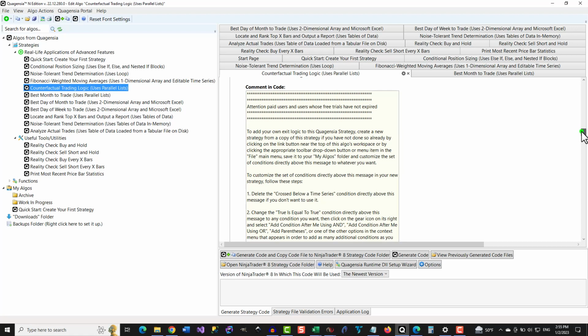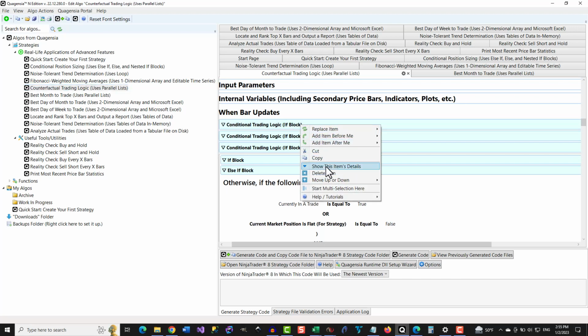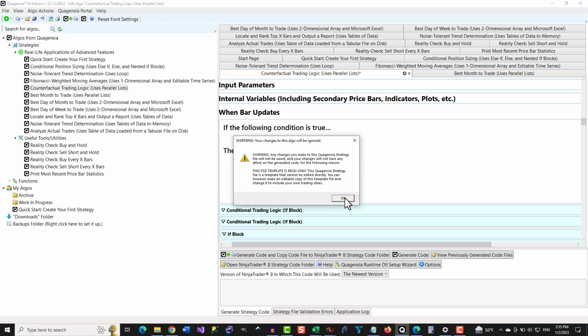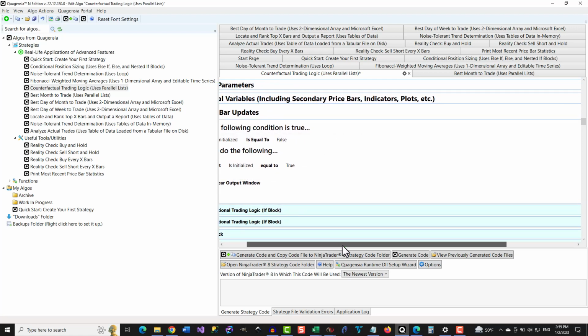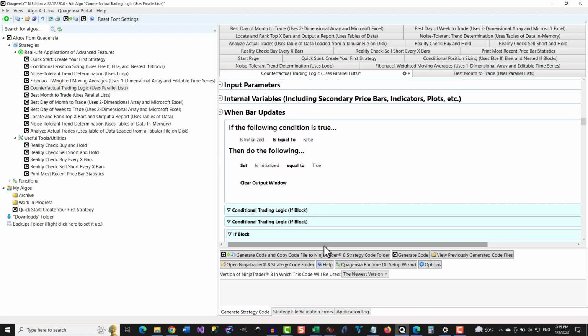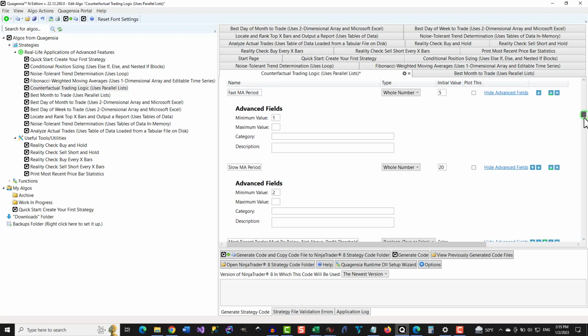To learn even more, you can expand all the contracted sections and hidden logic. When you do this the first time in a built-in strategy, it will warn you that your changes to the strategy will be ignored because the strategy file is a read-only file template. You can safely ignore this message and click OK. If you make an editable copy of a built-in strategy, you can customize it and expand the contracted sections and hidden logic without seeing this warning. You can expand the input parameters section by clicking on its header like this if it is not already expanded, and read the descriptions of a strategy's input parameters.